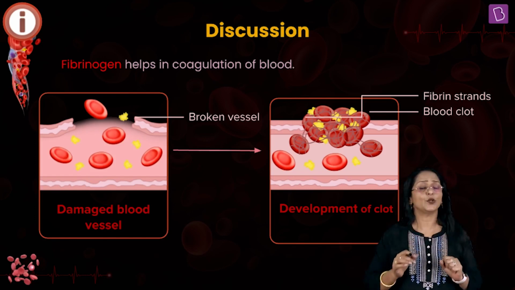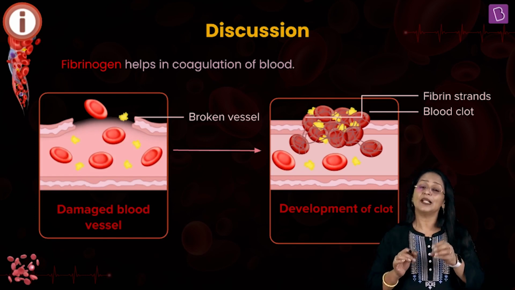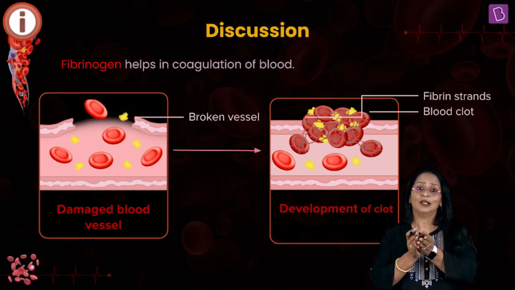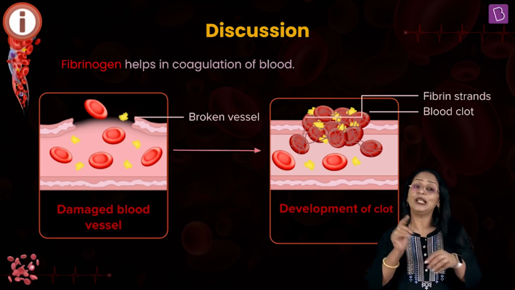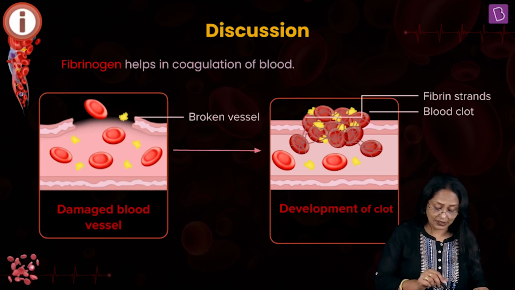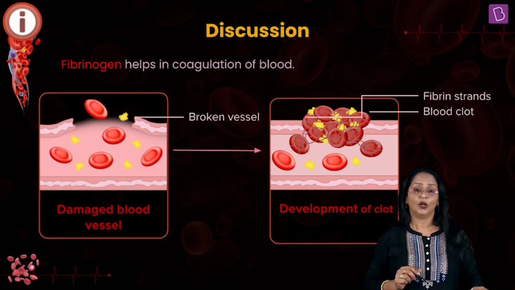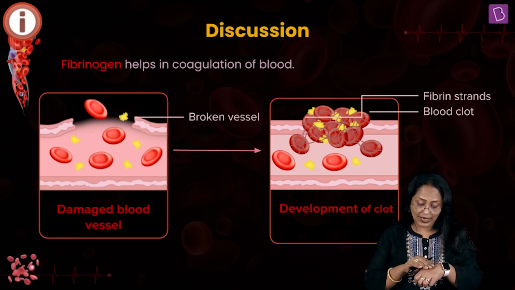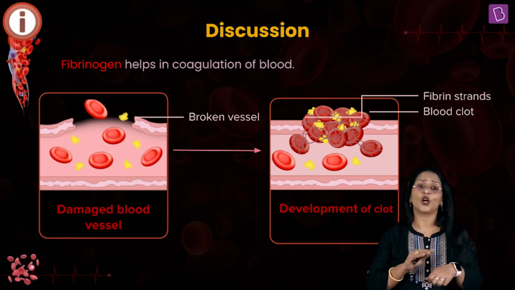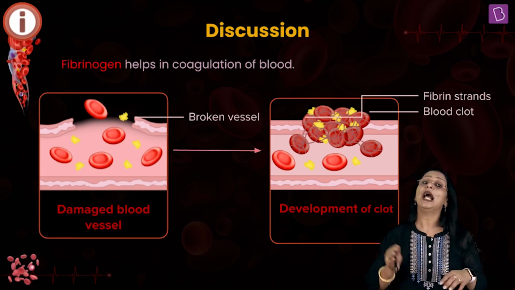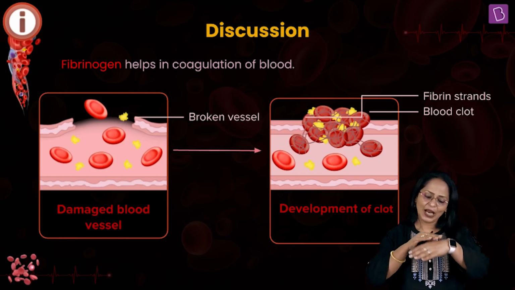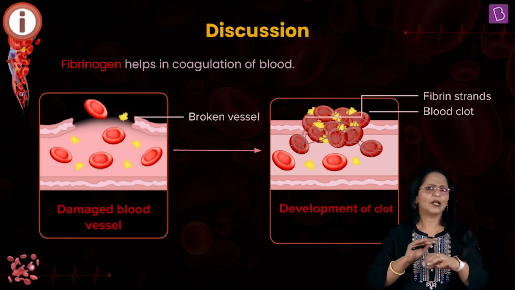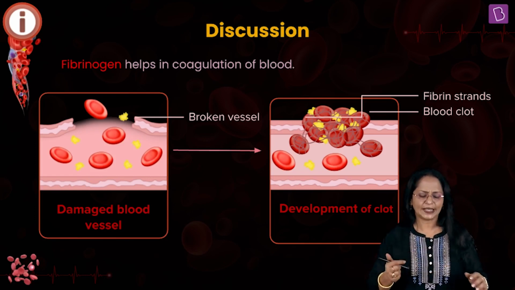So they rush to the site of injury and these platelets form the plug at the site of injury with the help of these factors, with the help of the proteins called fibrinogen. Okay, so with that, you look at the leakage of blood is stopped. There is a clot that is formed and then the repair work simultaneously happens inside, under the wound, and after a few days, the blood clot will dissolve. The healing takes place and it dissolves.